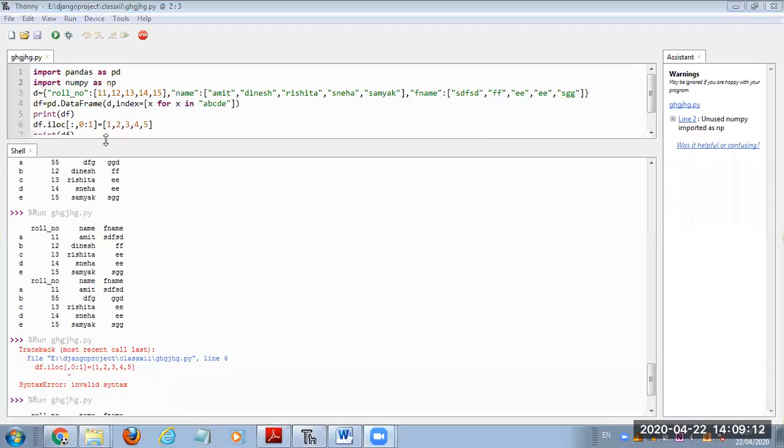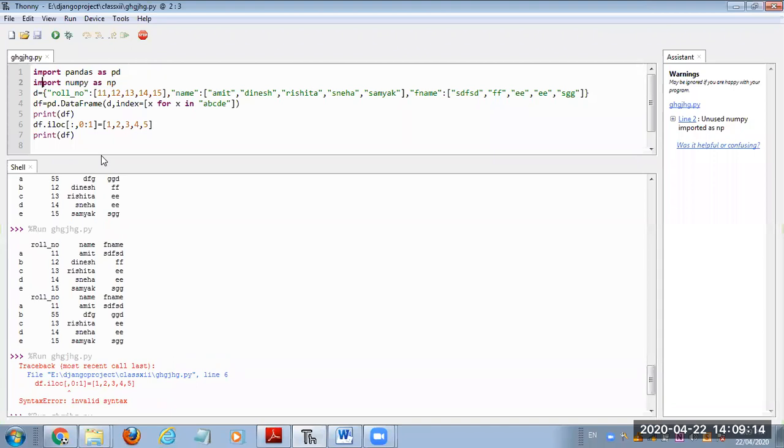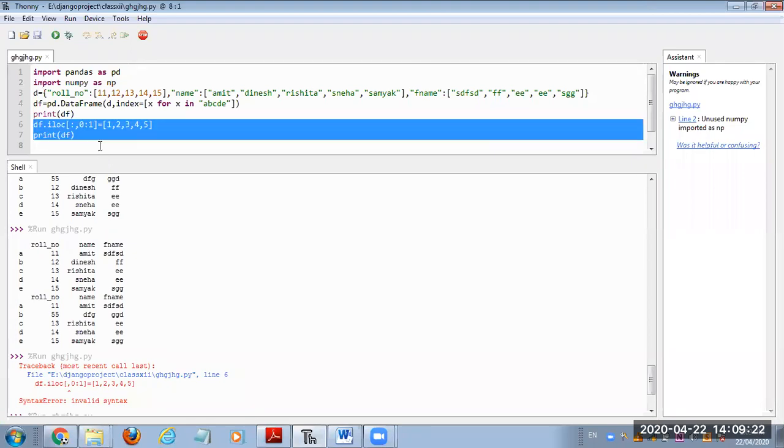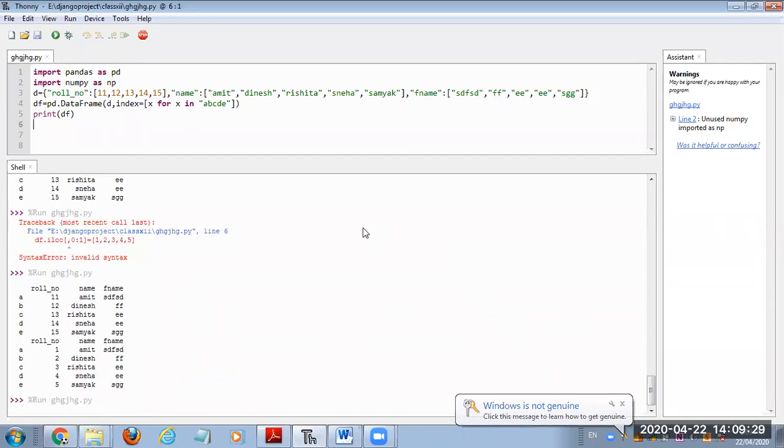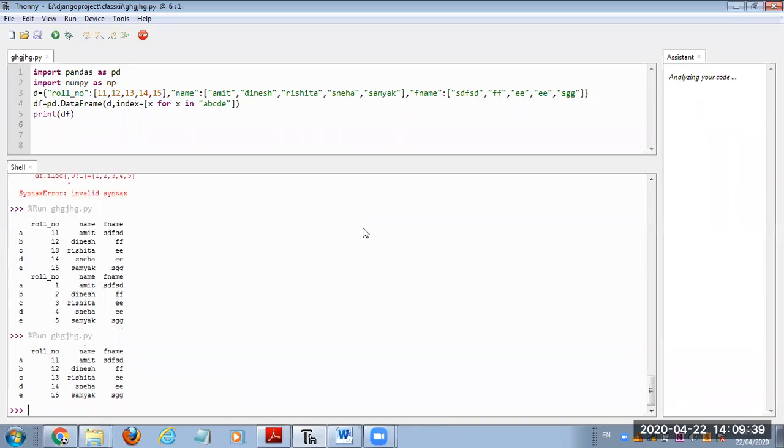Okay, so our topic is how we can perform different operations with the data frame. We have created a data frame. Suppose this is the data frame that we have created. Everyone is able to see this screen? Any problem in this? Say yes or no. No problem, sir. Okay, so this is the data frame that we have created.